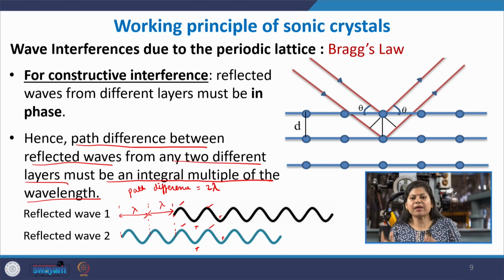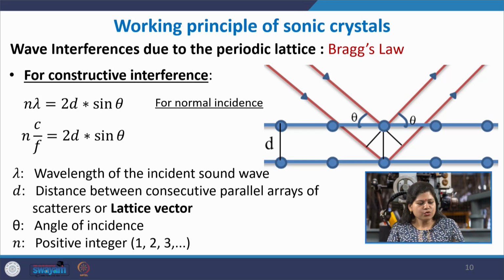The peaks can match with the peaks and the crests can match with the crests, okay, the corresponding parts of the wave can match with each other. So, here, let us first see an expanded view of this. Let us say this is your first reflected wave 1 and this is your reflected wave 2, and here let us say this is the path that it is taking, and the same for reflected wave 2,